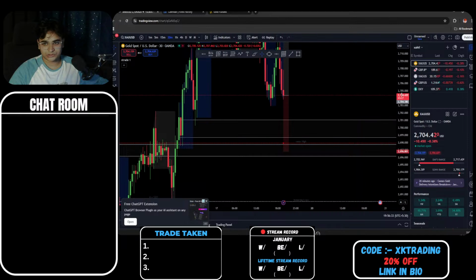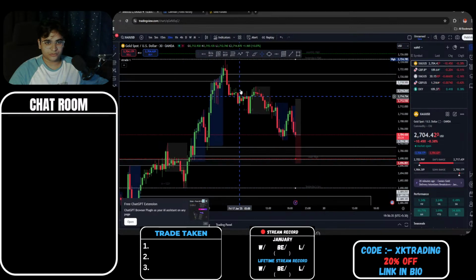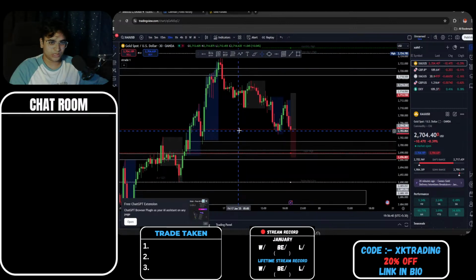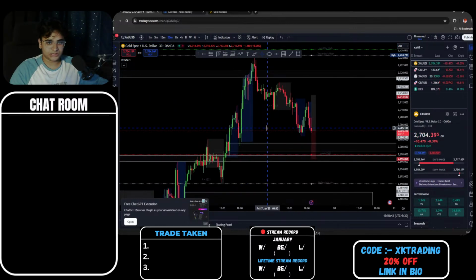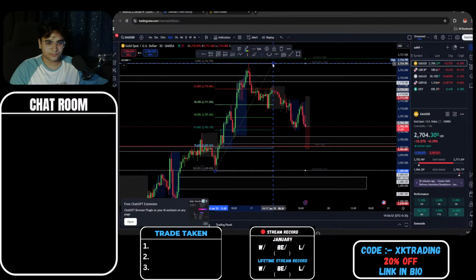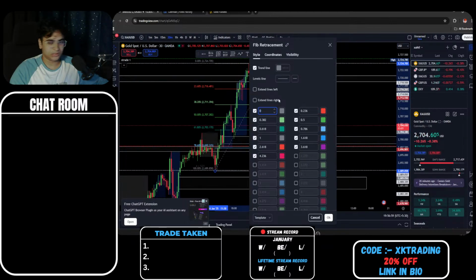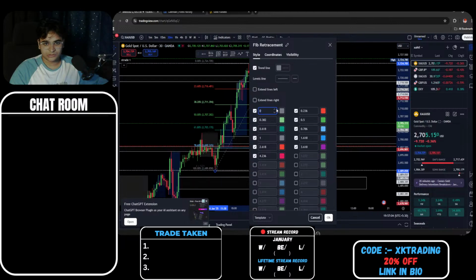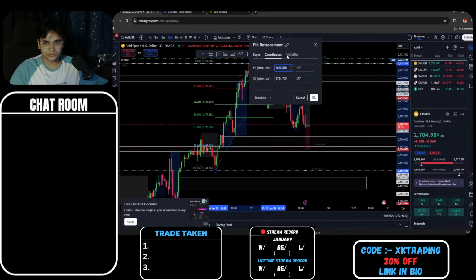Because here's the thing. Okay, look at the structures. When price went up from here to here, we did not recover at all. There's no recovery. So let's say if we take this as a low and put it on your fib, this is a 78% or so recovery. Then I think 80 something will be around this area. Okay, let me see.